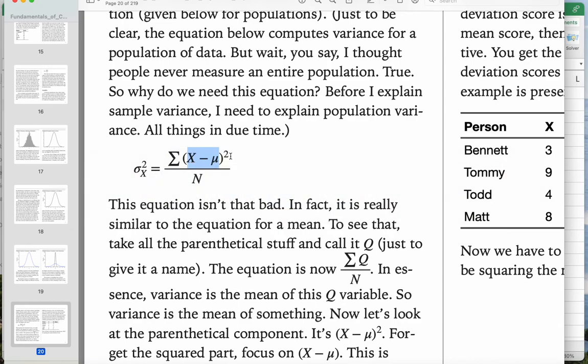What now? Next up, we square them, okay? And once we have these squared mean deviation scores, we can proceed to the last step, which is to add them up and divide by n. All right, you seeing that? What is variance? Variance is the mean of something. When you add stuff up and divide by n, you're computing a mean. It's not the mean of the raw scores. It's the mean of the squared mean deviation scores, which is how far a score is from the mean, squared, on average. That's what variance is telling you. The average distance between